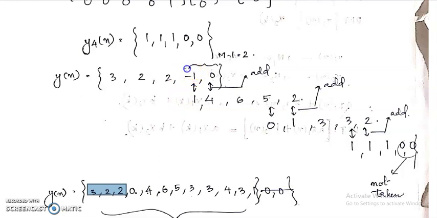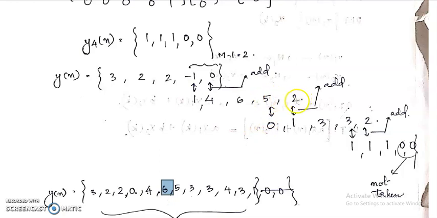But here minus 1 and 0, that is aligned with 1 and 4. So we take the summation of the corresponding elements. So minus 1 plus 1, that is 0. Then 0 and 4, they are aligned. We take the summation. 0 plus 4 is 4. Okay. Then next elements here 6, 5, 2. That is the remaining elements in the second block. But here 5 and 2 overlap with 0 and 1. Only 6 is a free element. So we write 6 as such.